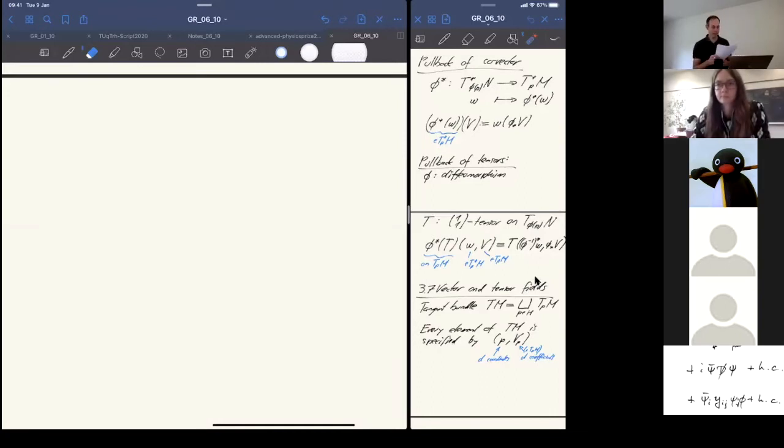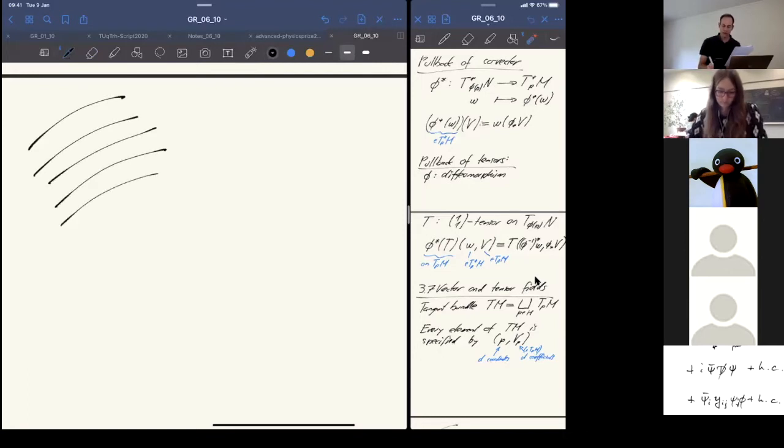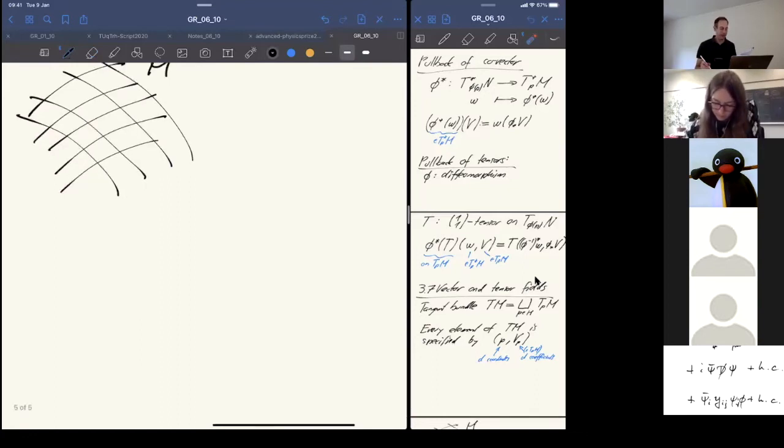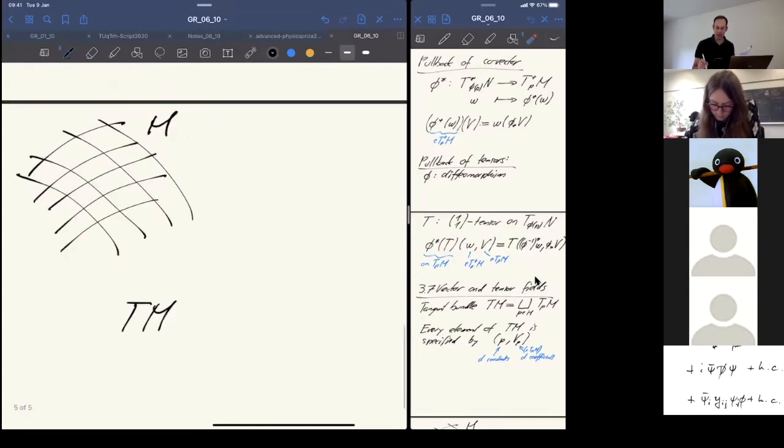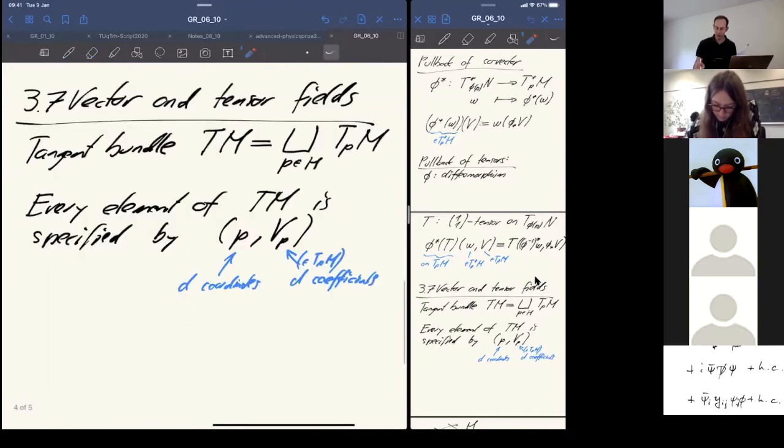Okay, so let me continue. I have a diagram where I first of all just draw the manifold M. And now what I will do is to essentially say that the Tm that I defined is in a way also a manifold, a more complicated one. So far I haven't introduced it as a manifold, but suppose this is a d-dimensional manifold, and I just told you this object here